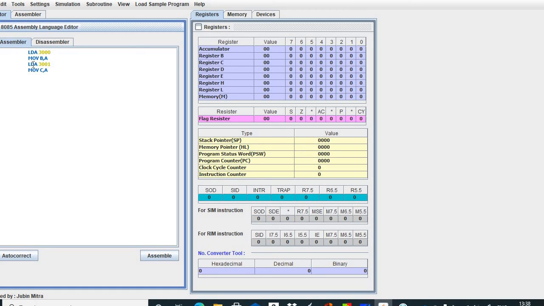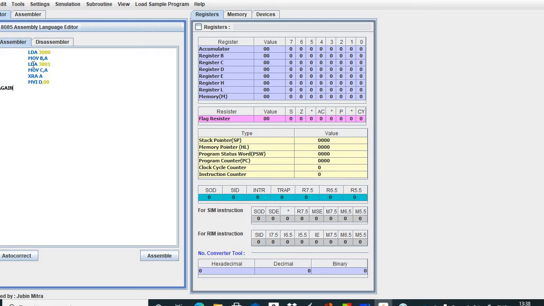The same program we can write. Again XRA A for clearing the accumulator, and again MVI D comma 00H for clearing register D, for storing carry.